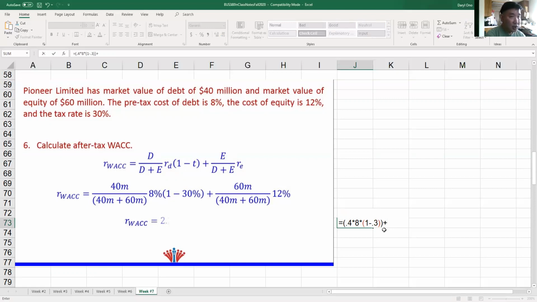And then plus 60%. You can see where I'm getting the 60% from, right? All of this is going to come out to 60%. So if we work this out then,